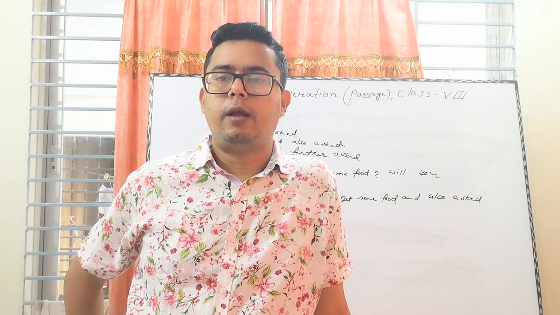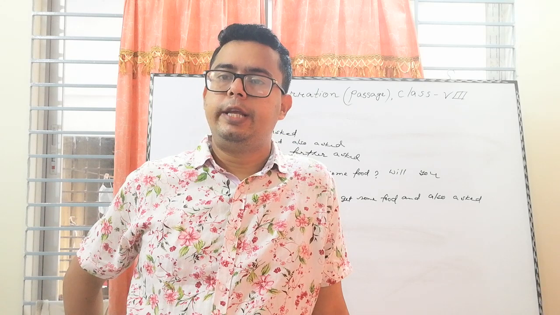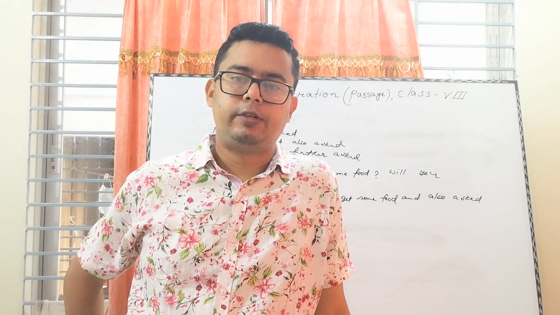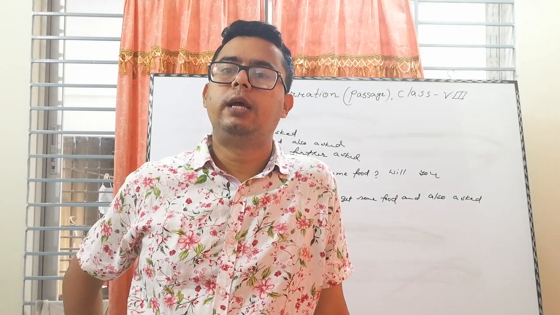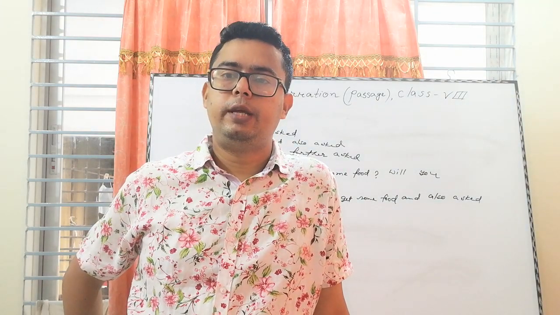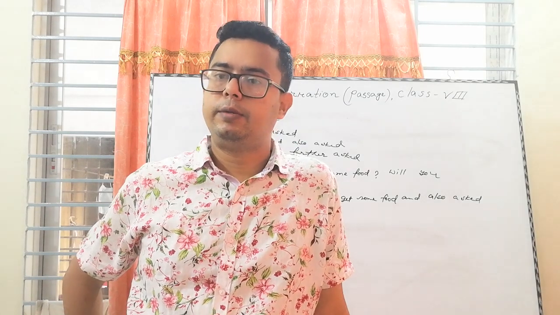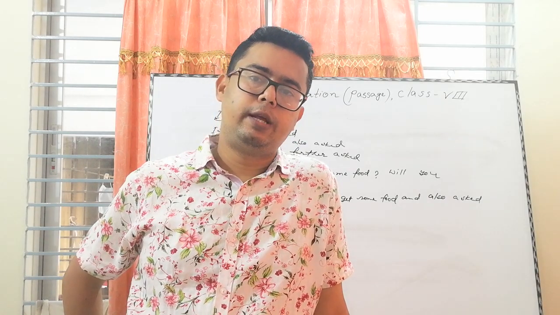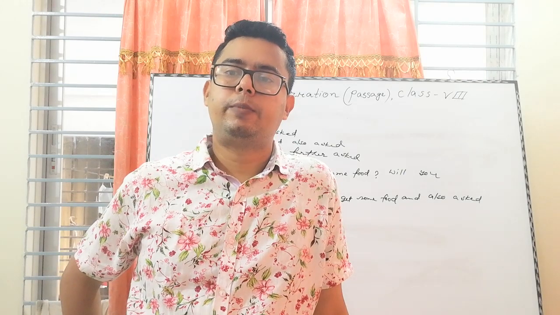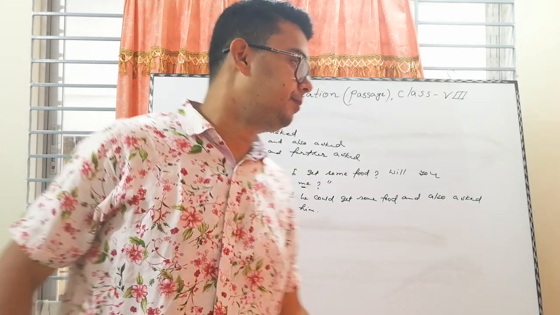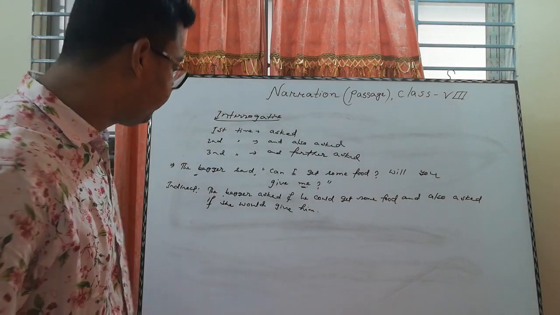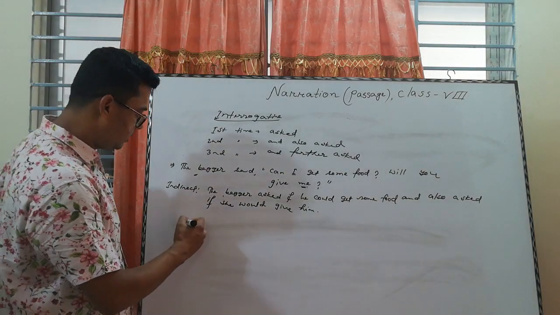Sometimes you can get this only yes or no, but sometimes you will get more than this one. After yes or no, then you can get another sentence. Then what should you do? At that time it should be replied in the affirmative or negative. If you get more, then you have to write and say that and write down the next part of the sentence. Okay, try to understand the example, then it will be easy for you. This is another sentence.